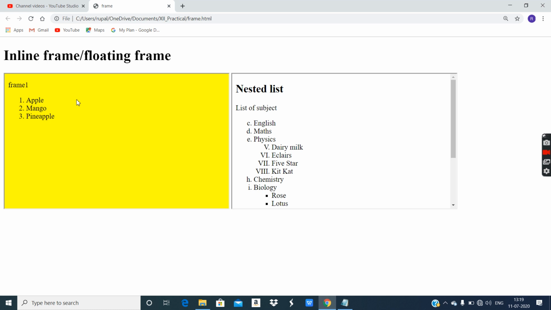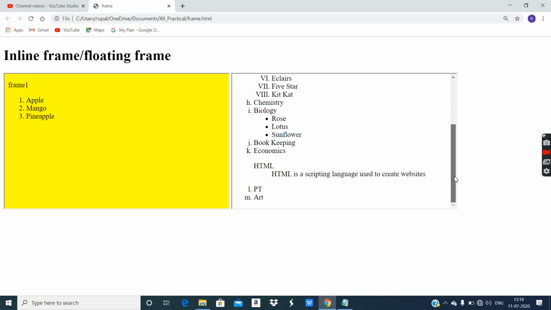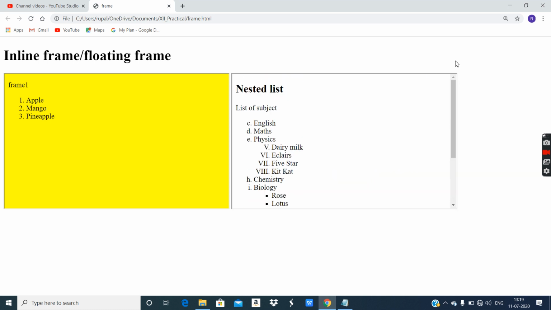Okay, but the division tag will not provide any scroll bars like this. But with the division tag, if you want, you can totally remove the gaps, with the help of division tags or semantic tags. If you use semantic tags, there will be no such gaps.